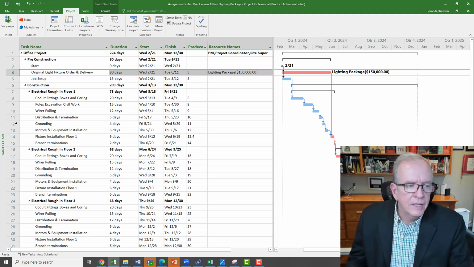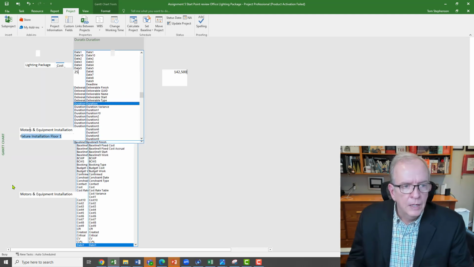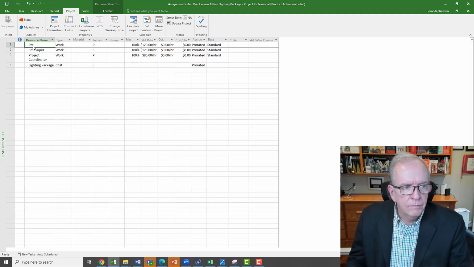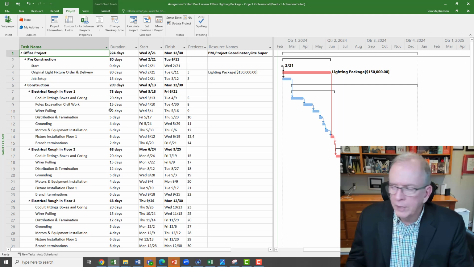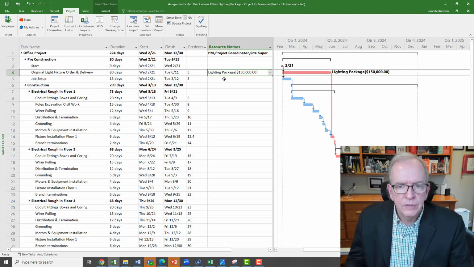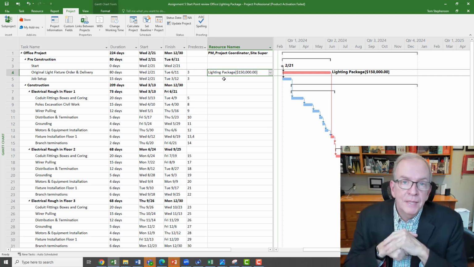And what I've done in the resource sheet, just kept it simple here for this example, is create a few variable costs that I'm going to assign to the project overall. And then I've got this lighting package, which I've got at a cost. And we said, or if I didn't mention it, the lighting package is $150,000. So that's the current price for the lighting package. Now we can potentially save 5%. So 5% of $150,000 is